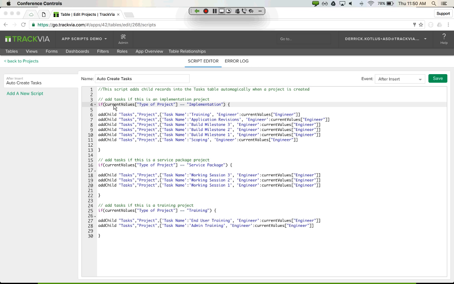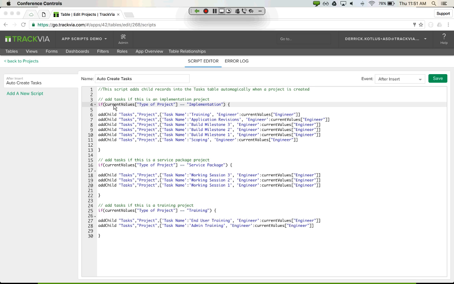So there are different bind variables that you can use in your application scripts. Essentially, a bind variable is something that we've created that's a predetermined variable that you can utilize in any of your application scripts, and you do not need to define it. The current values variable is essentially a map that contains all of the